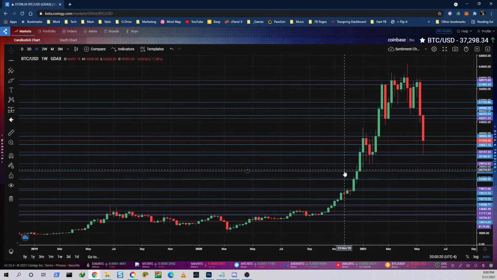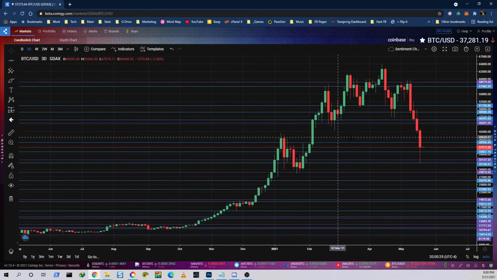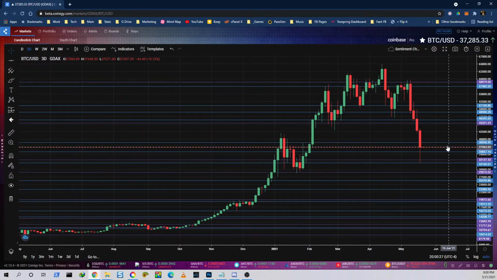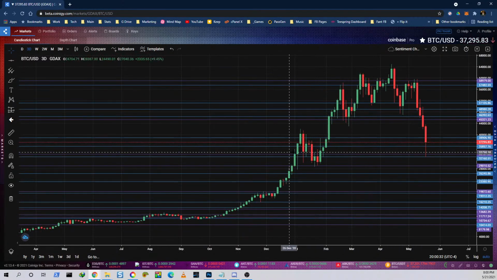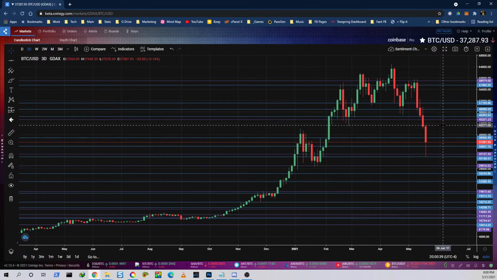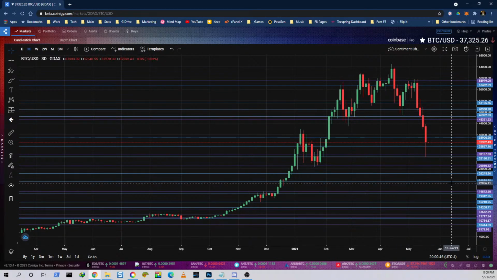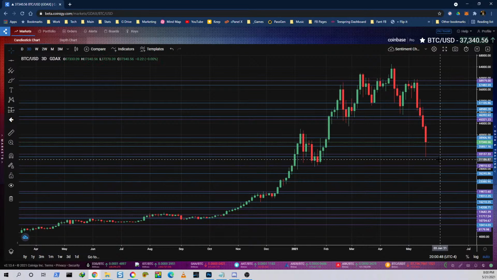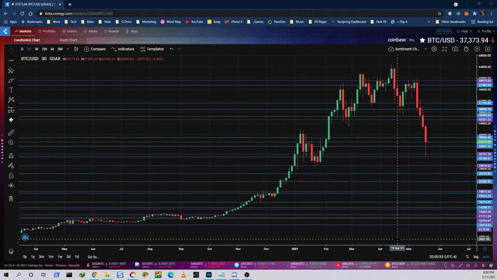But I'm not too worried because let's get out of the week and let's go to, let's say, the 3-day, right? Again, you see weakness in the gap, right? But you can also see that there's some footing right here. We may be able to just bounce this and keep going up. I believe that's what's going to happen, especially since we're in May and we have way more getting ready to happen for us in June and July with all the other cryptocurrencies getting ready to announce stuff.